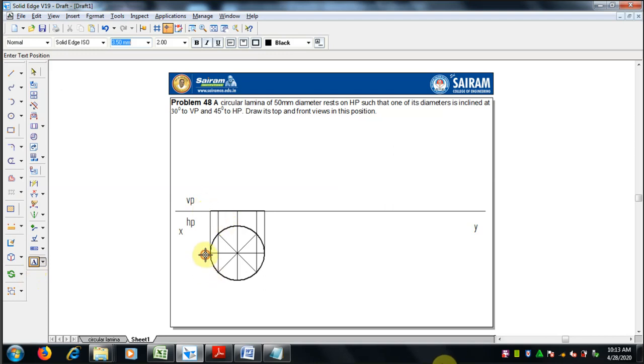It lies on a point, so we can give any name: A, B, C, D. Select proper scaling for visibility, and A, B, C, D, E, and so on up to H. This is the top view. Just move it for visibility.